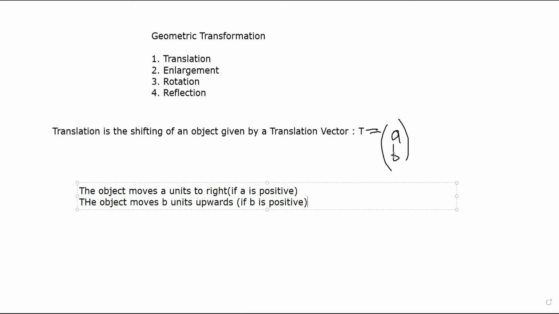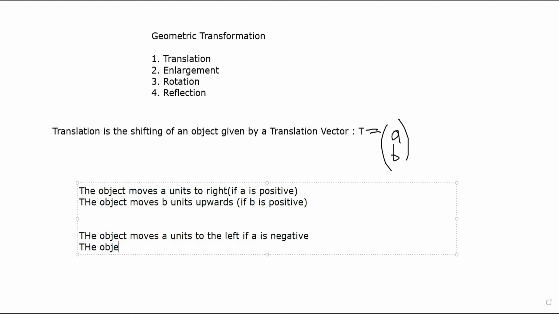Now, if this was a negative value right here, then what that would mean is that the object moves A units to the left if A is negative, and it would also mean that the object moves B units downwards if B is negative. All right, so that is what we have, and that's all you need to know with